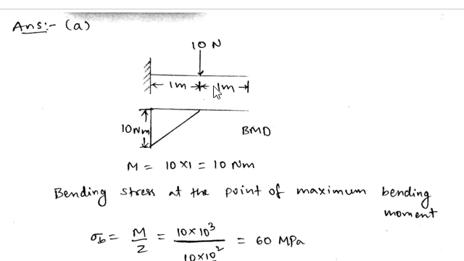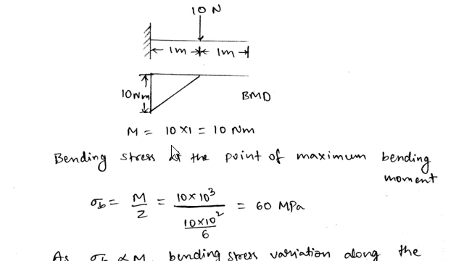So this is from basics. We can draw the bending moment diagram for a cantilever beam with a point load like this. Up to here it is 0, no load, and from here it starts and goes to 10 Newton meter, the maximum moment. So you can draw a bending moment diagram like this for the given case, and this is the maximum bending moment value, 10 Newton meter.